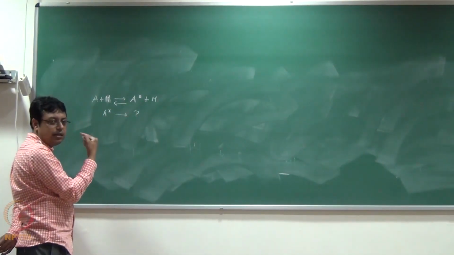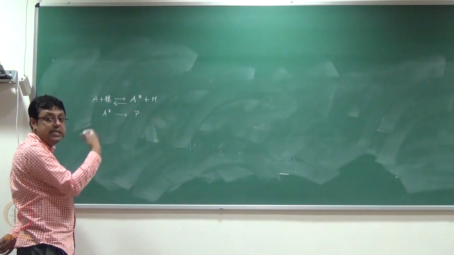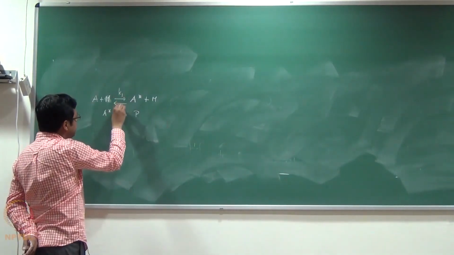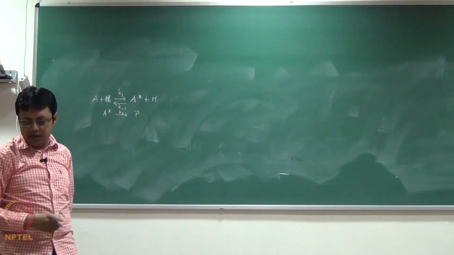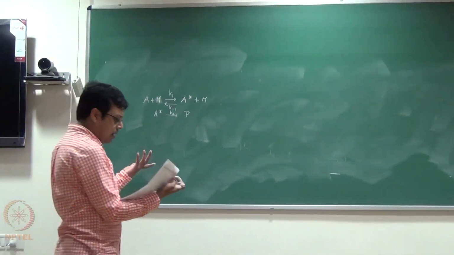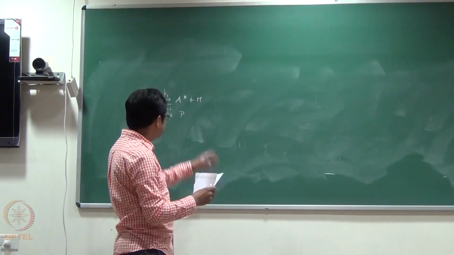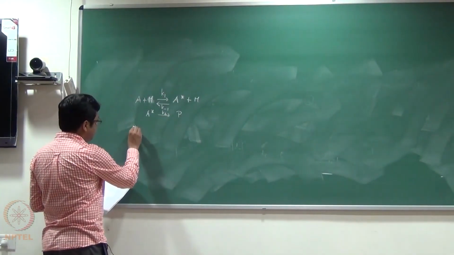So the essence here is that there should be a bimolecular collision that precedes the unimolecular reaction. So I can have the rate constants like k1, k minus 1, and k2. And this is a very straightforward thing: if I apply the equilibrium approximation, or just consider there is a first equilibrium, the overall rate you can always write